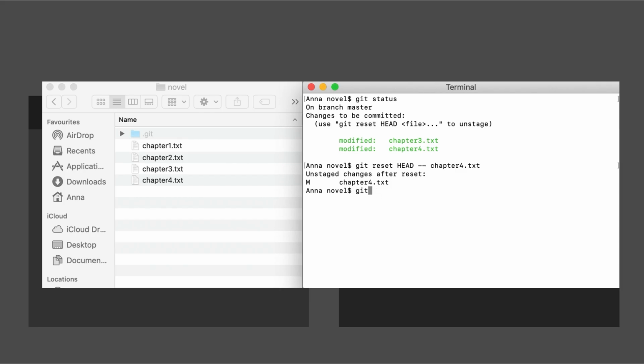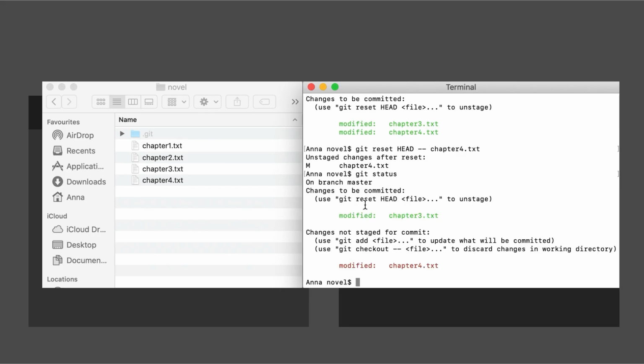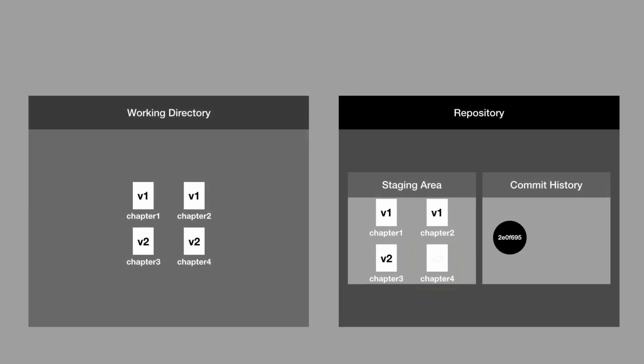And there, we've unstaged that file. Now we type git status, and we can see that in our next commit, we'd only include the updated version of the chapter 3 file. So there we go. So this goes to show that we can move things in and out of our staging